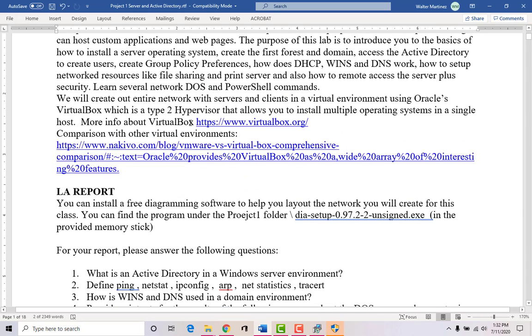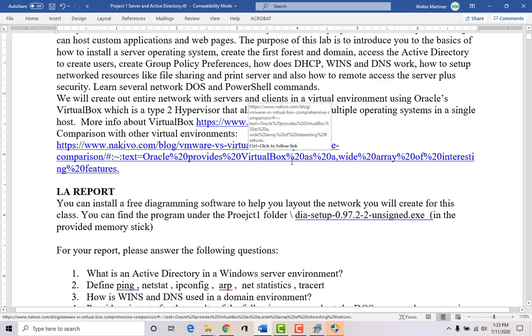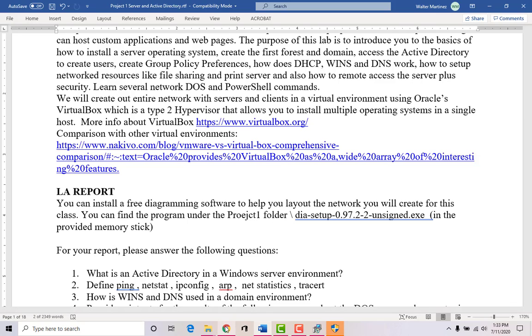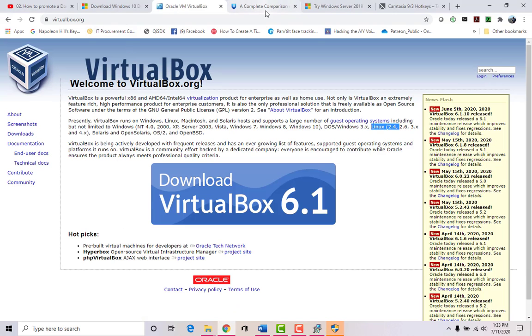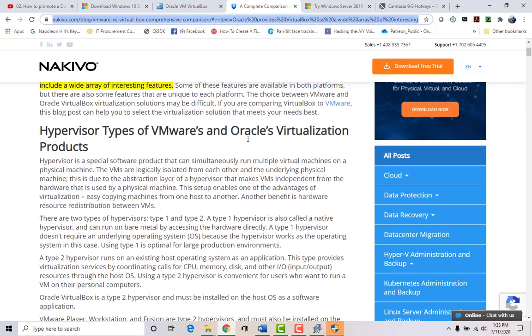If you want to know more about VirtualBox, of course, you can go to virtualbox.org. And if you want to know more about the different applications that are out there that can host virtual environments, there's that link, and it just takes you to this particular one. It's a comparison. The other product that's out there that's really good is called VMware, and this is probably the industry standard. They have free tools where we can run in an educational environment. You know, we can run our own little virtual machines in our own computer.